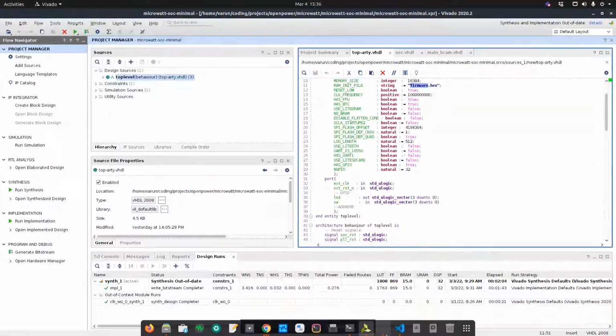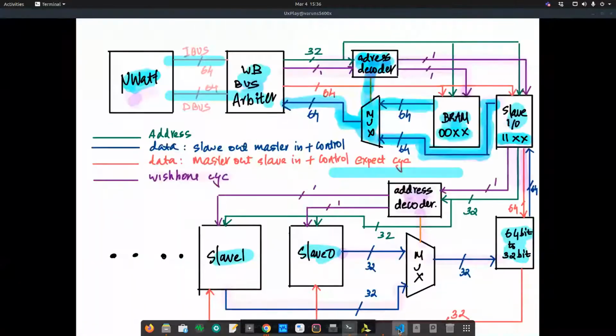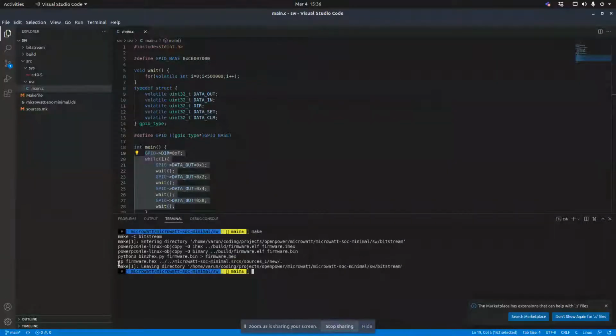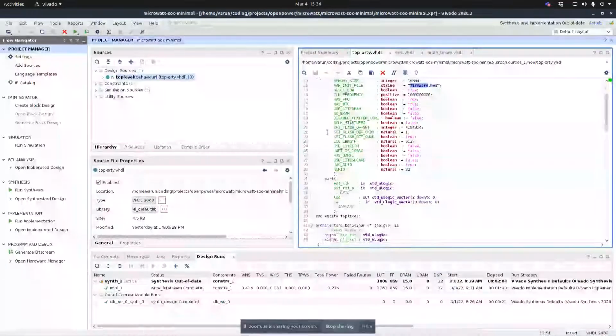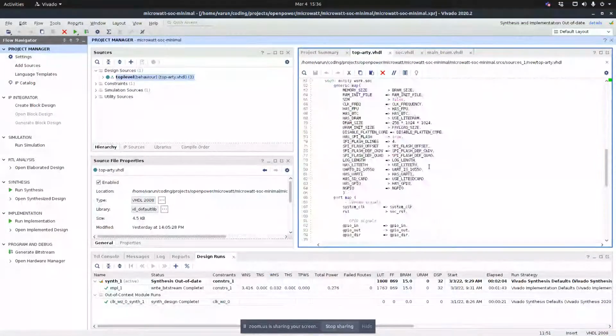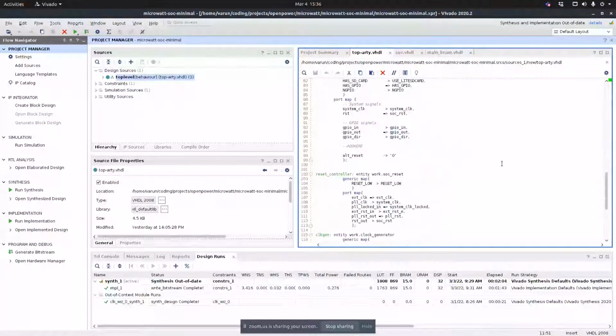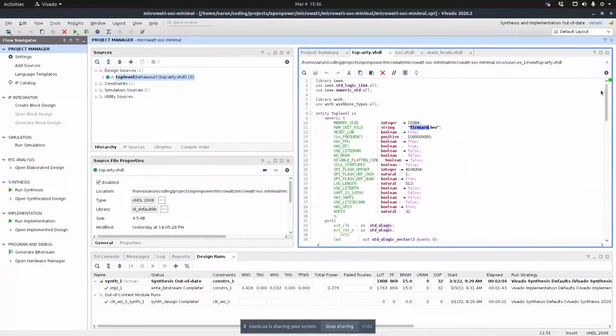So what I'm doing is, once this is generated, it is copying the firmware file to the source directory in vmodel. There could be better ways of doing this, but the idea is, I think Lucas mentioned this in his presentation. Here we have the FPGA design and we have the ELF file. So there should be some way for us to upload the ELF into the FPGA